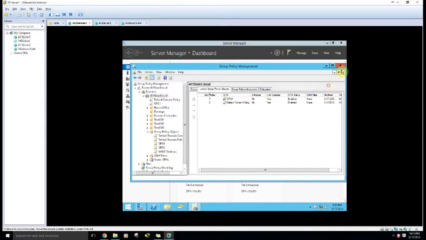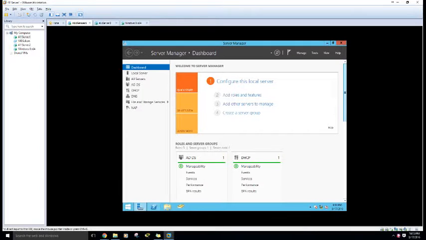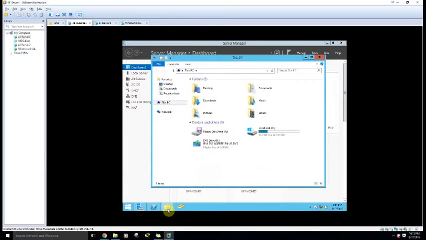This is Canon Vickery, and I'm working on Chapter 9, Activity 9.7, Configuring our Folder Redirection Policy. Right now I'm logged into my Server 1 as administrator. We're going to go to our File Explorer and create a folder named